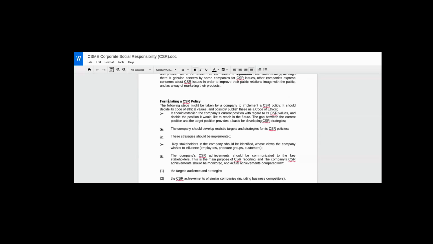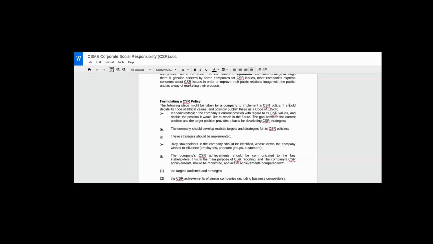Now, what are the basic steps in formulating CSR policy? More or less a repetition. It's just that name that changed, steps, formulating. So, despite the fact that we have looked at it, let's quickly glance through it. It won't take us much time. It's an added value. So, the following steps might be taken by a company to implement. You can see the word implement there. Telling you it's the same thing. To implement a CSR policy,